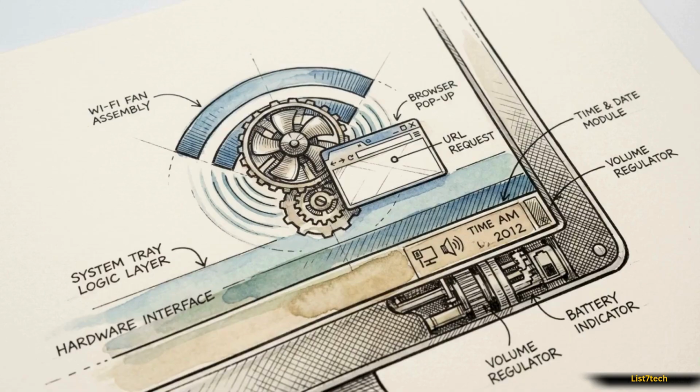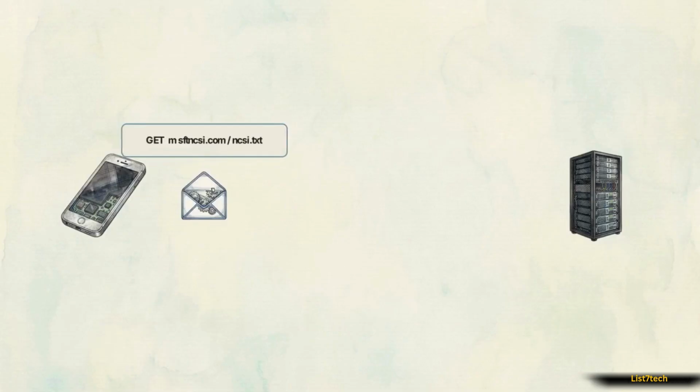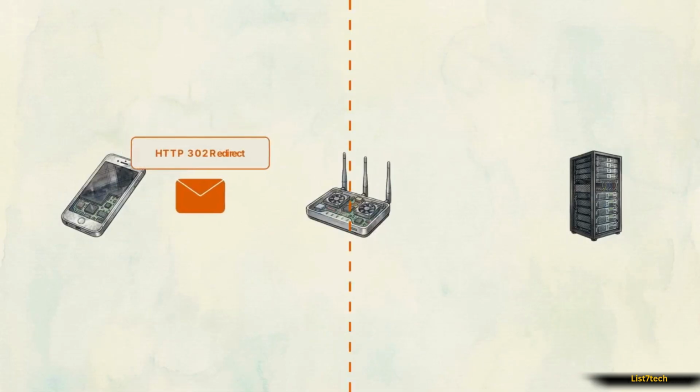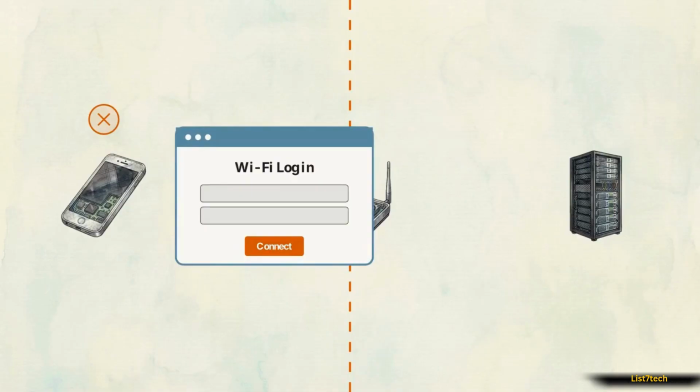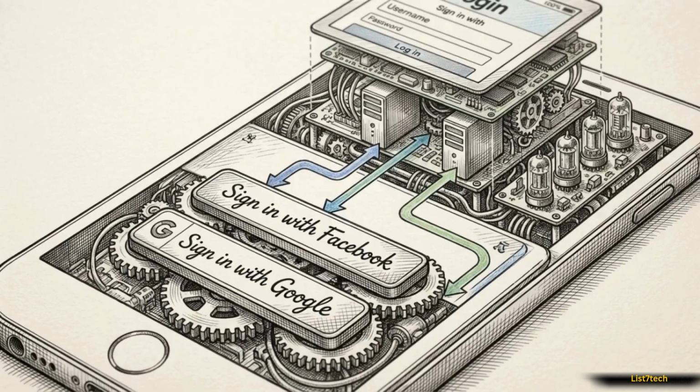Modern operating systems anticipate this interception. Windows, for example, uses the Network Connectivity Status Indicator. It attempts to reach a specific Microsoft text file. If the network returns a redirect instead of the file, the operating system instantly detects the portal and launches a mini browser. If a portal offers external authentication, like logging in with a social media account, the network must create